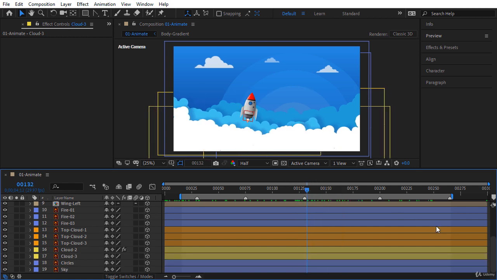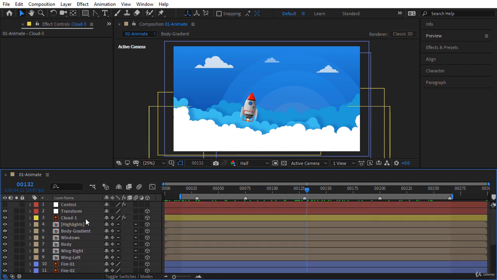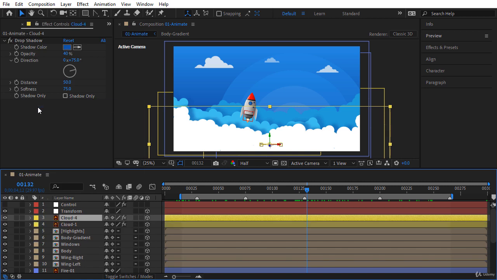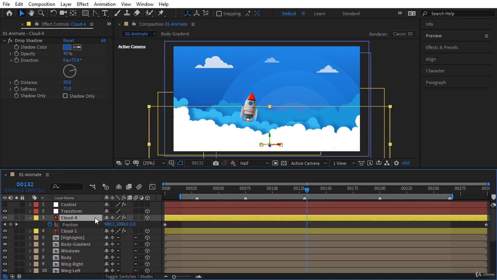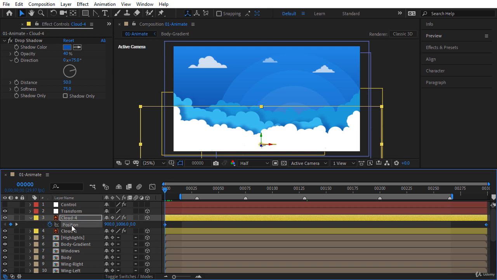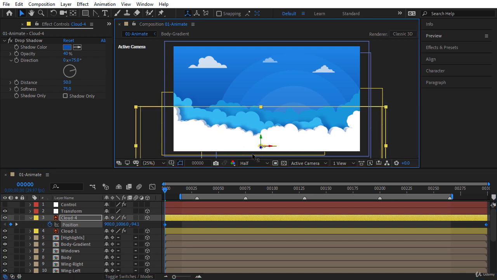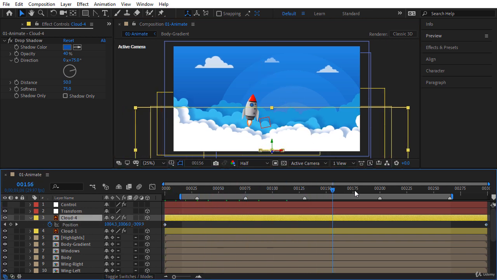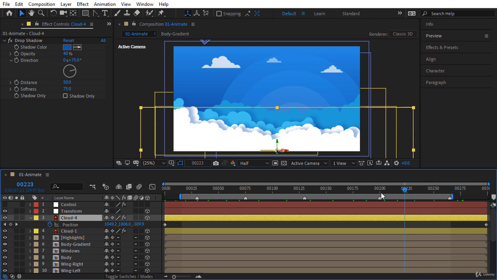Okay, let's add a new layer to our clouds. So select Cloud 1 and from the menu choose Edit, Duplicate, or press Ctrl D. Let's change the position a little bit. So select all position keys by clicking on Position Property. Click and drag the layer in Z axis and bring it forward somewhere like here. Okay. Now if I scrub in the timeline, as you can see, Cloud 1 and Cloud 4 are moving in the